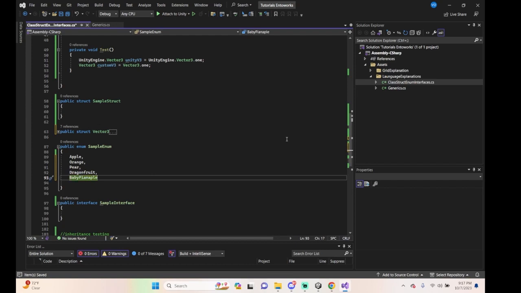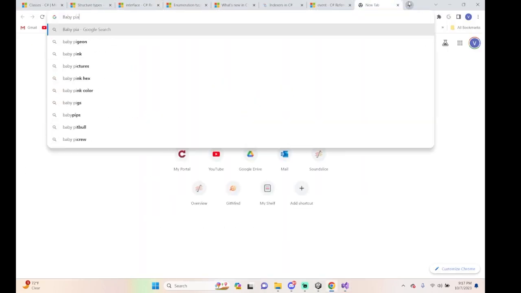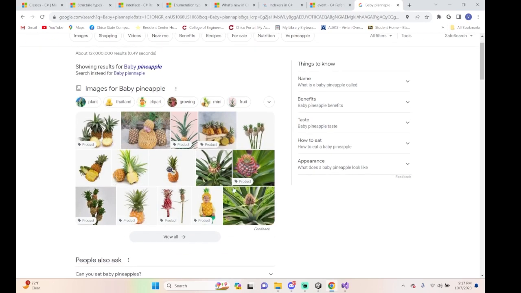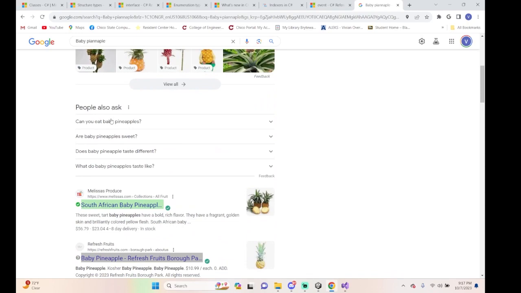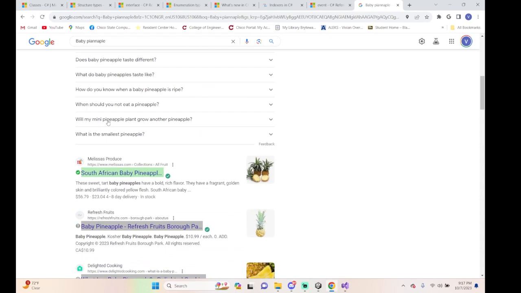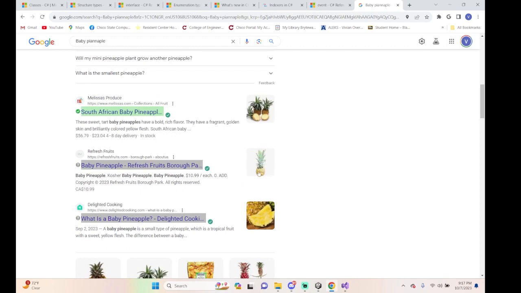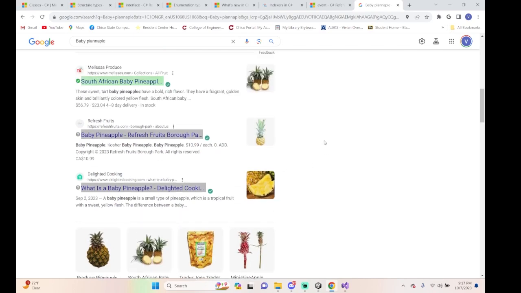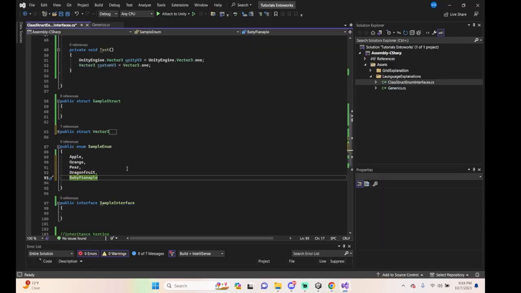They're really cute, really weird and small and kind of cute. Just thinking about them now. That's super small. I don't know if they just pick them earlier, or if they're a separate species. I would hope you could eat them. I have no idea, but they're just really small, kind of adorable. They're also really painful to hold. Normal pineapples already suck to hold, but these are super painful. It's like the spines are way sharper. Anyway,